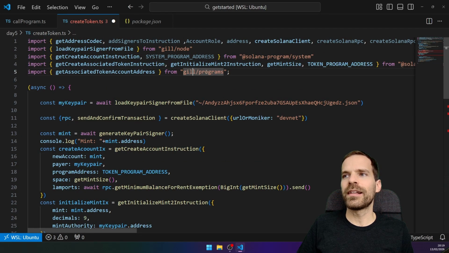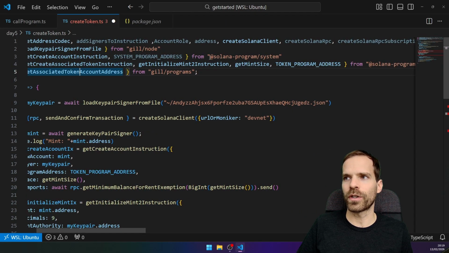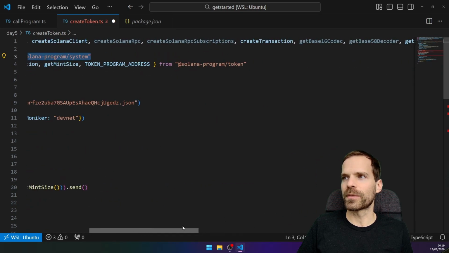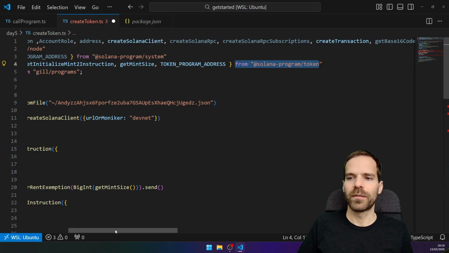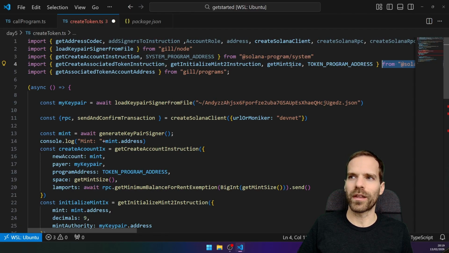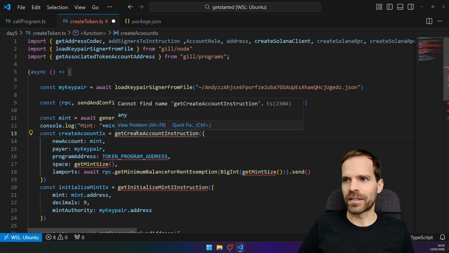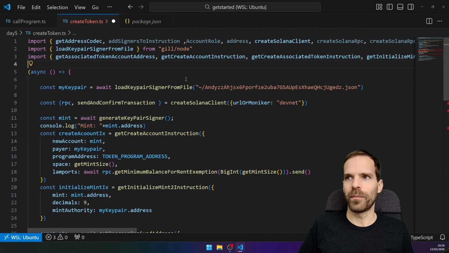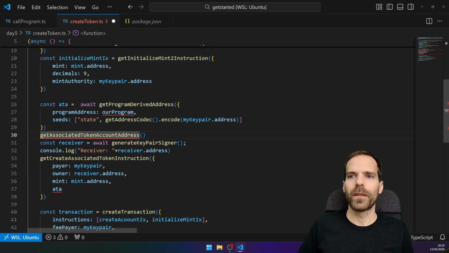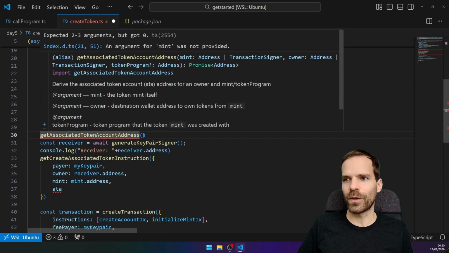Oh, by the way, gill/programs exports all of the program stuff so that you don't need to import all of the programs like I did here, but I just like to show you where they actually are. So basically, I could get rid of that and import all of the missing things from gill/programs. Anyway, so get associated token account address,